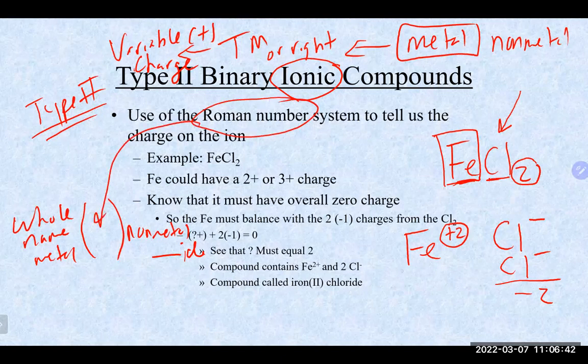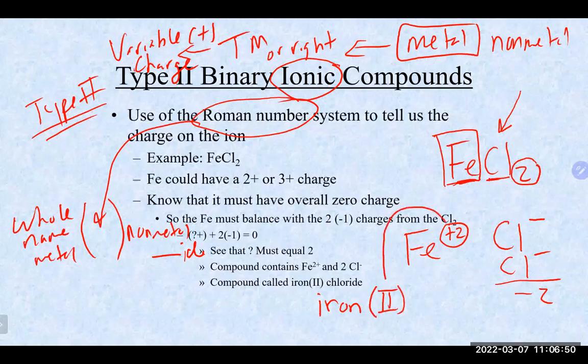So if we were to do that, the whole name of the metal is iron, Roman numeral 2, not for how many irons we have, but because of the charge that we have on one individual iron atom, or ion in this case. Even though, again, we have 2 Cl's at the end, that's not going to affect the name. We're still just going to call it chloride with the IDE at the end of it. And this would be iron 2